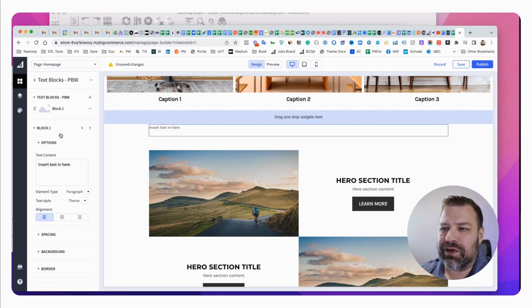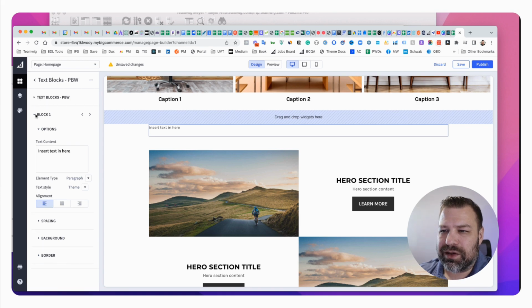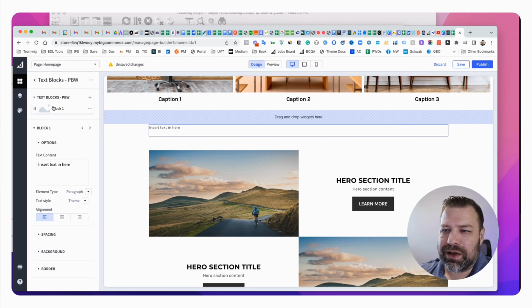There's a panel over here that is an array type panel is what they call it. So it's got a couple of things open. This item here says text blocks, and then we have block one. And so what we do is we're automatically in block one by default, and we can come in here and say, okay, here is the text for this block,